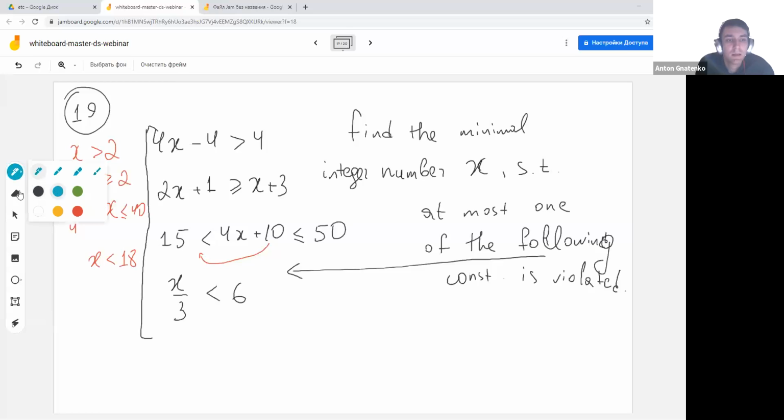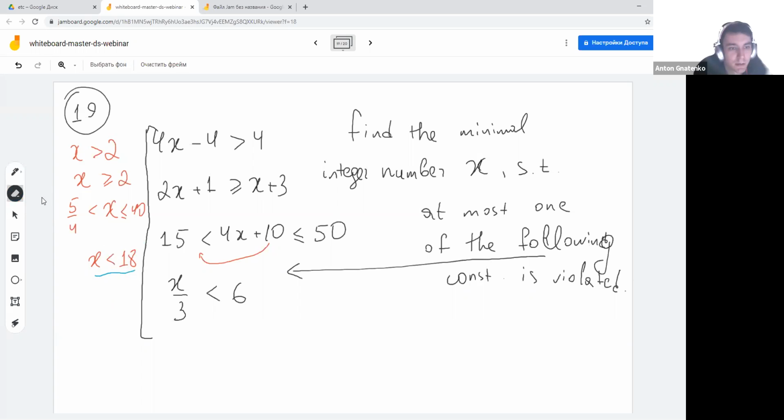So let's look at these constraints. We must find the number such that at most one is false and all the others must be true. And we must find the minimal of such numbers. Nevertheless, let's look at this constraint. Can it in any way be violated? Well, if it is,